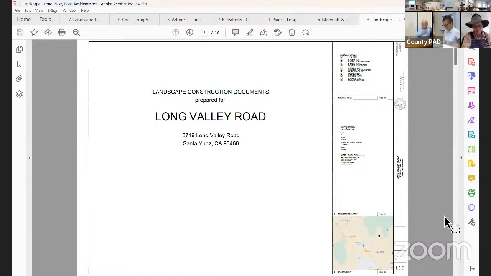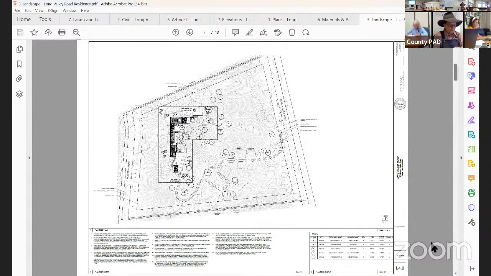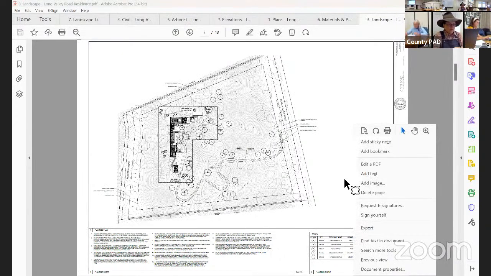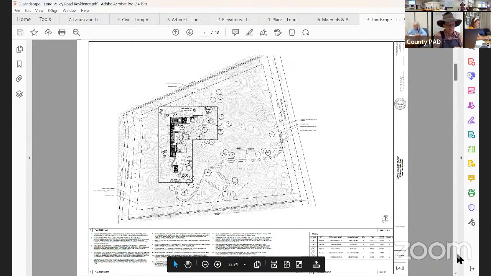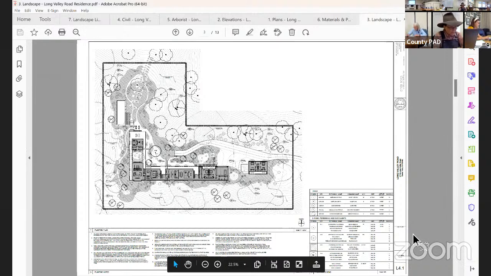So I think the landscape plans need to show discrete symbols for each plant that they're proposing, and quantities and sizes for them. And so instead of 66 of 4 different plants being the potential, I think you need to actually identify those quantities and those locations, so that we can just look at it and go, yep, check, we see